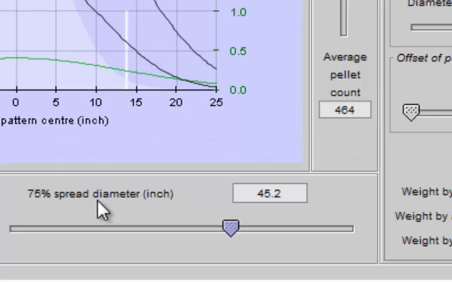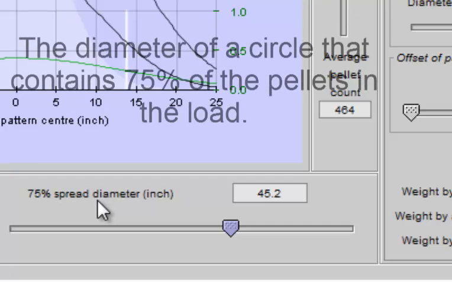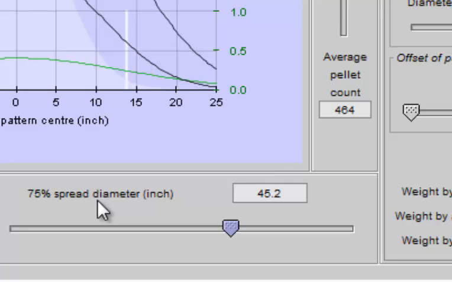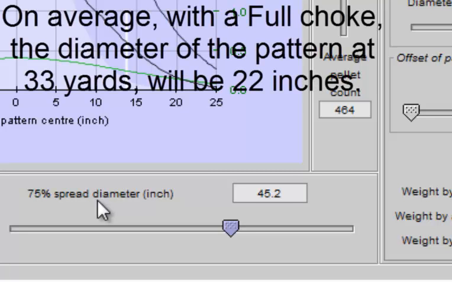Dr. Jones has determined, and in another piece of software that is also available to you, he always will show you how many pellets fell inside of a circle that represented 75% of the total pellets, and he gives you that diameter in inches. And one I like to use and have memorized myself, and this all comes out of Dr. Jones's information, is that on average a full choke, the diameter of the pattern at 33 yards will be 22